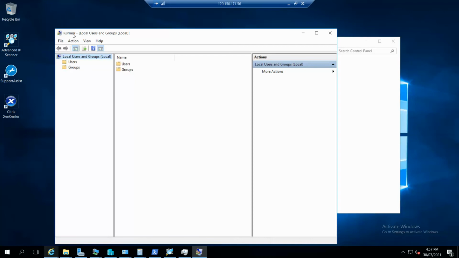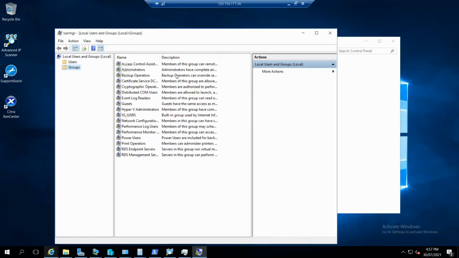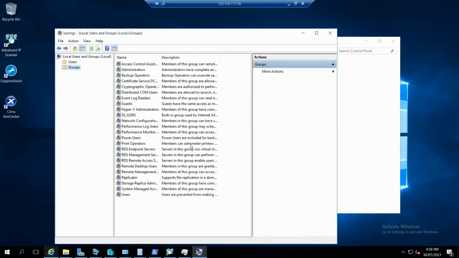Now there are groups available here. In the groups we have to check: is there any option called remote desktop users?